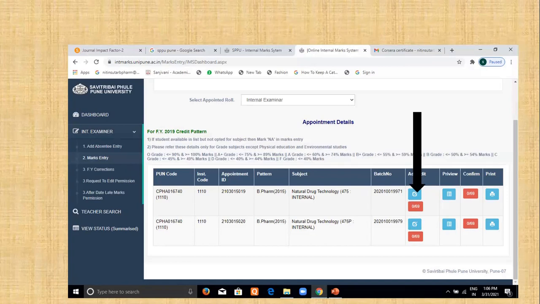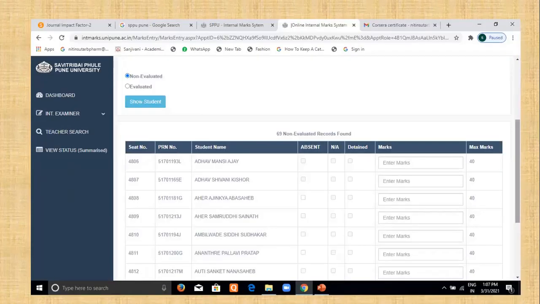You will see how many students there are, that is, how many you have to fill the marks for. Here 69 students are there, so you have to open this blue icon. You will see this page. Then the names of the students are in the first column, and there is a seat number. For example, there is a student, Simruddin, who is absent for the examination. If you want to mark him absent, write down his or her seat number, that is 4809.